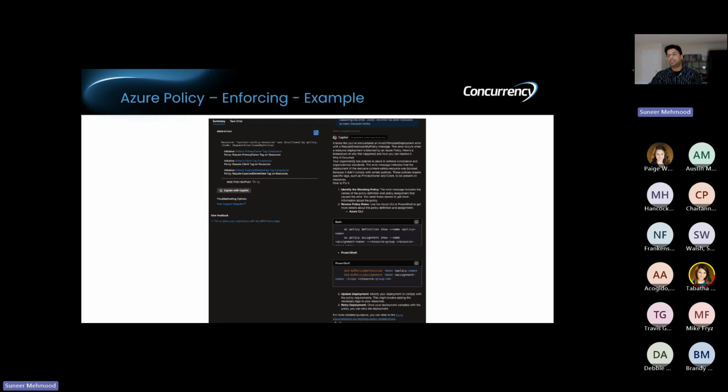And on the right-hand side, there is a written explanation, a beautiful explanation by Copilot, right? How beautifully the generative AI works to explain to you why your creation is failing. This is the bash command that is written inside, which is failing it. This is a partial command, right? And what you should do, right? It's giving you descriptive information into why it failed. This is because there is an active Azure policy there. I hope that makes sense. This is for the infrastructure.